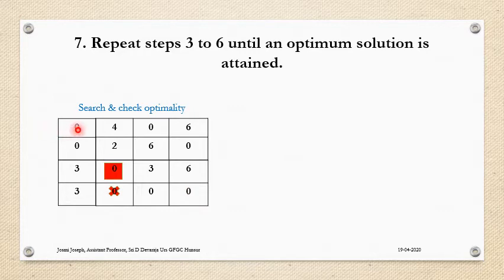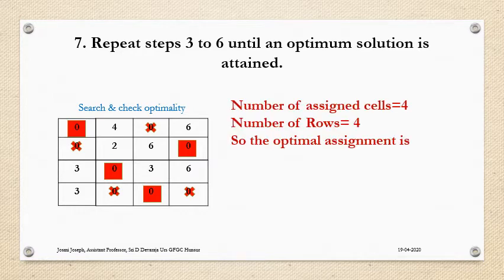Come back to the row. Now I am making an arbitrary assignment for this second row. Now we have exactly 1 zero, make an assignment. Third row already assigned. Fourth one exactly 1 zero, make the assignment. Now I have 4 assignments. So here the number of assignments is equal to the number of rows. So this is an optimal assignment. And the assignment is W1 to J1, W2 to J4, W3 to J2, and worker 4 to job 3.